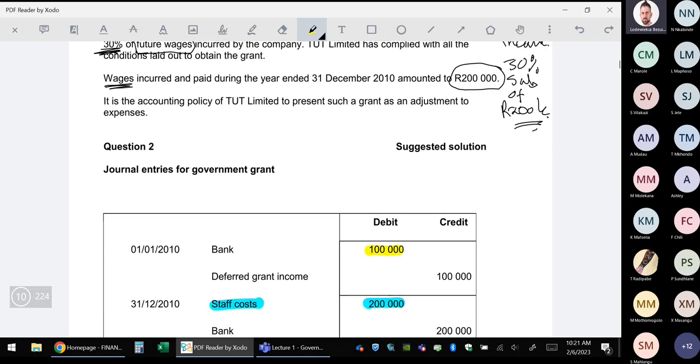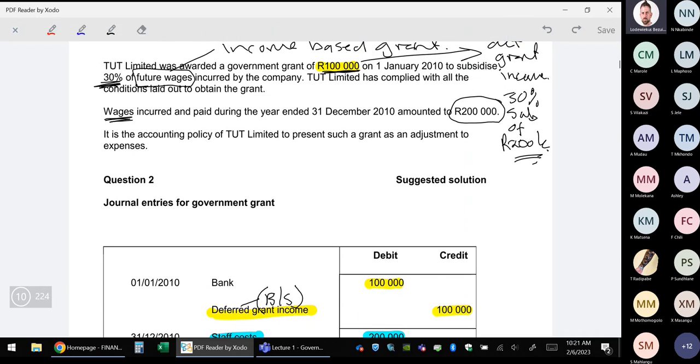So bank is more, deferred grant income is credited. Remember, deferred grant income always refers to the balance sheet. Now we have to say how much of the grant can we recognize in the current year. So because the grant subsidizes 30% of my future wages,